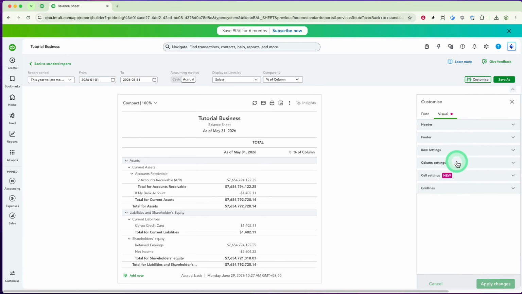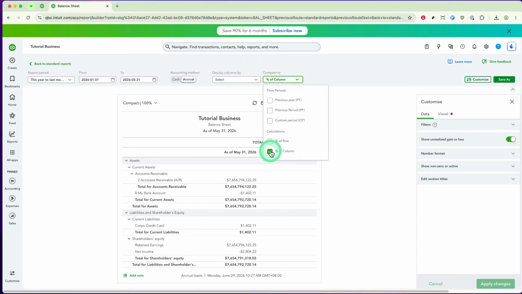Here's how it works. You'll see a list of fields with checkboxes next to them. Simply check the boxes for the columns you want to include in your report. For instance, if you want to add fields like income, expense, or net profit, just check those options, and they'll appear in the report layout. If there are fields you don't find helpful or relevant, uncheck them to remove them. This helps keep your report clean and focused, and don't worry. Any changes you make will update the report in real time,